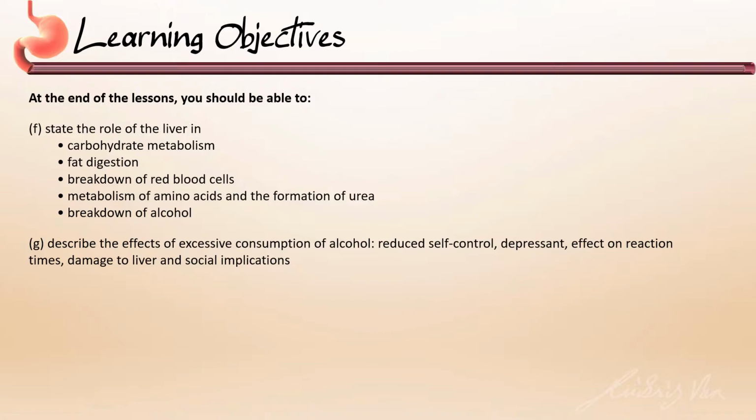How I normally go about remembering this is, I remember its function to do with carbohydrate, fats, as well as protein and alcohol. You might ask, so there's only 4. Later on, you will learn that breaking down of red blood cell is related to fat digestion. And the last part will be the effect of excessive consumption of alcohol. So Thambi and Thankachit, please pay additional attention to this part.